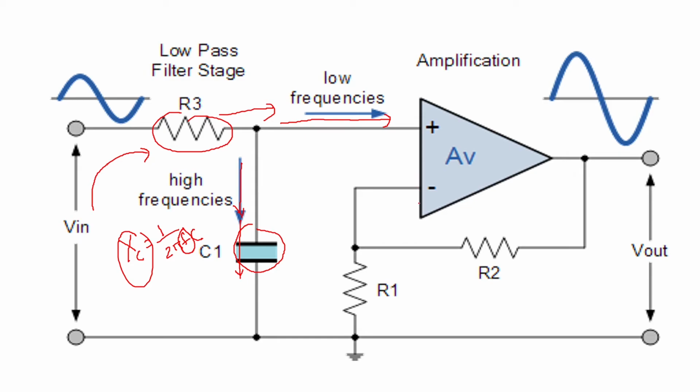And then here you have a non-inverting amplifier circuit where R2 we have named the feedback resistor, and R1 the input resistor. So the gain will be given as AV is equal to 1 plus R2 upon R1. This will give you the gain of the amplifier. So whatever output you get after filtering will be amplified at the output because of the op-amp connection in the non-inverting amplifier case.